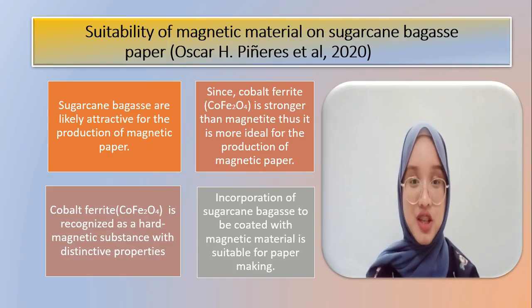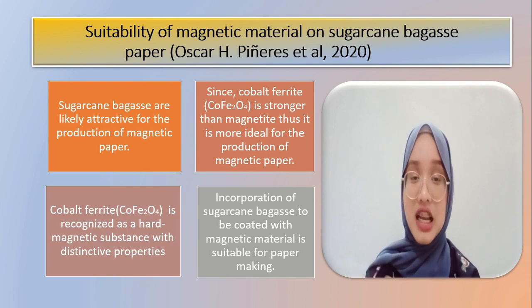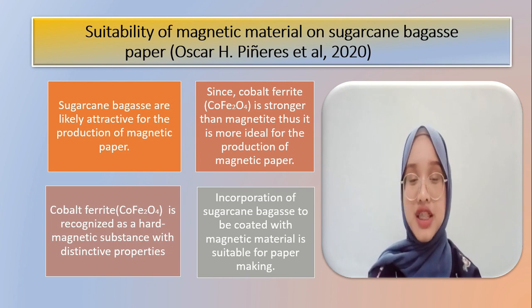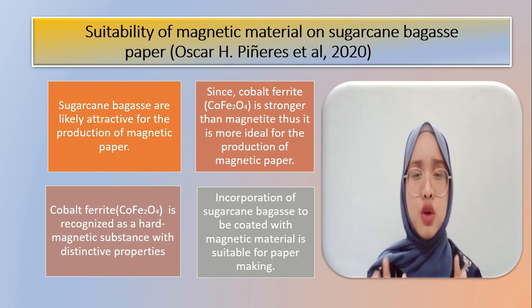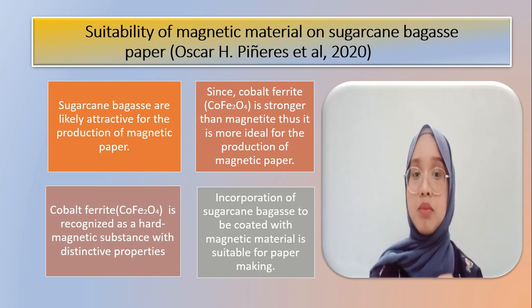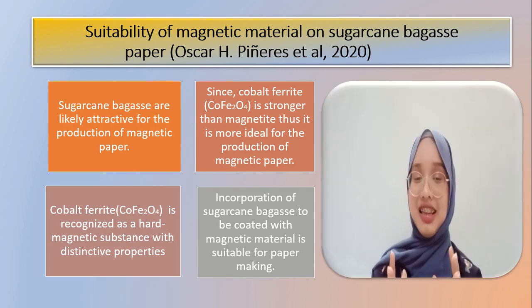Suitability of magnetic material on sugarcane bagasse paper. First, sugarcane bagasse is lightly attractive to produce magnetic paper. According to Oscar H. Penneres et al. 2020, usually magnetite has been used in the production of magnetic paper, but since cobalt ferrite, which has controlling content that makes it stronger than the magnetite, it is more ideal to produce magnetic paper. Cobalt ferrite is recognized as a hard magnetic substance with distinctive properties. Finally, according to Penneres et al. 2020, we can conclude that the incorporation of sugarcane bagasse to be coated with magnetic material is suitable for the